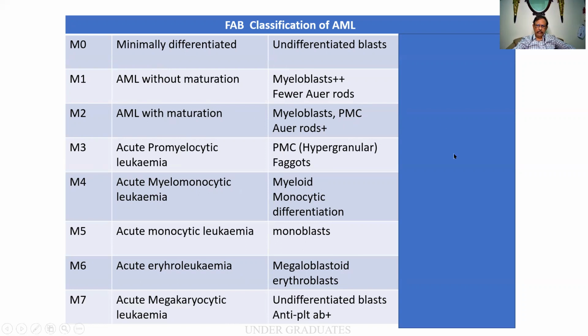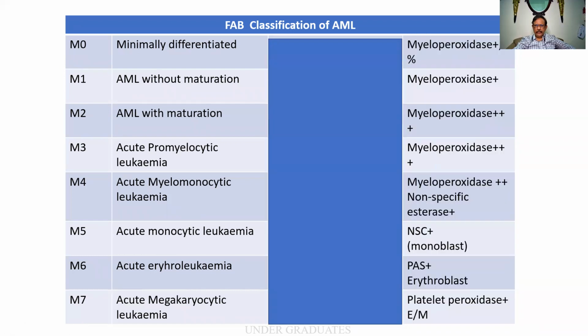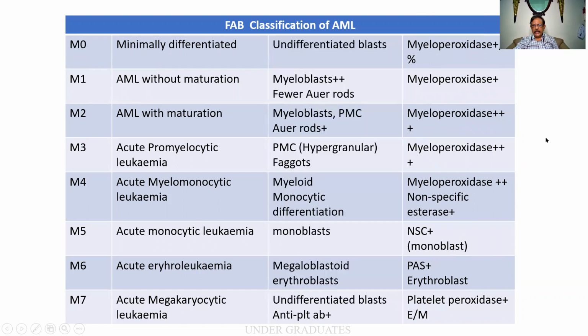This particular column I have purposely kept it blank. And now you shall see why. There is so much of difficulty in identifying it, and these are the cytochemical reagents which can be used for the cytochemistry of leukemias. Please do memorize it. I shall be explaining it in the subsequent slides. So when you are asked, this is what you people are supposed to write.